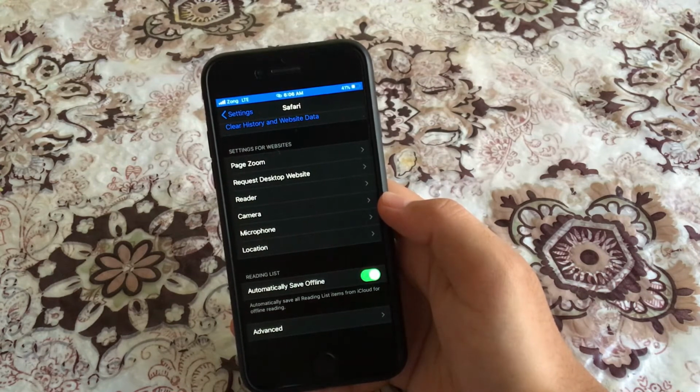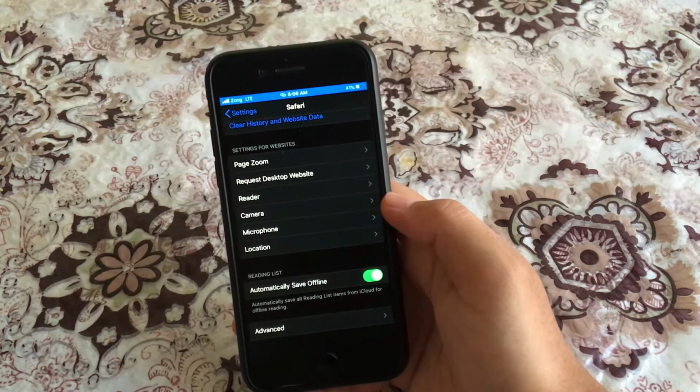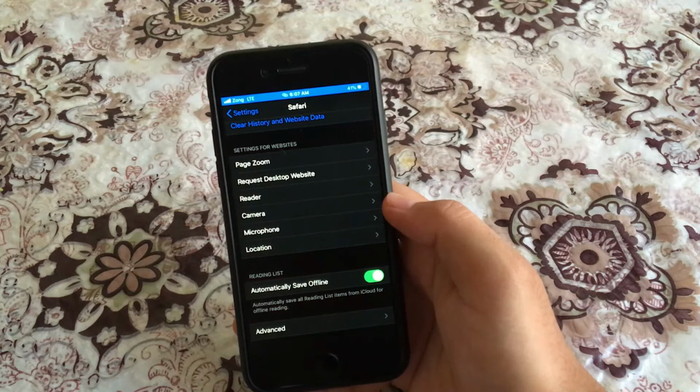So every time you save an article or something you may be reading on your iPhone, it will save it automatically offline, and whether you have an internet connection or not, you can read the entire article offline. And again, this option is always off by default. That is going to be under the Safari settings.